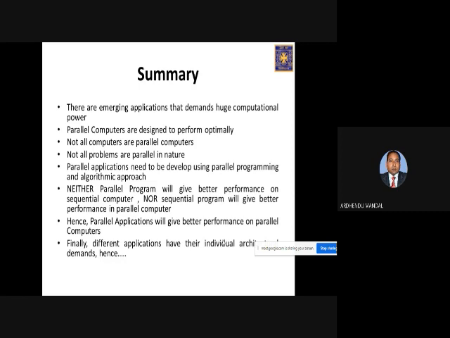Depending on the nature, you have to write the program differently. You have to use different parallel computers with different architectures. And obviously, you need to write in parallel mode. Don't expect that you have a sequential program, you execute it on a parallel machine, and it will give you a huge performance gain. No.